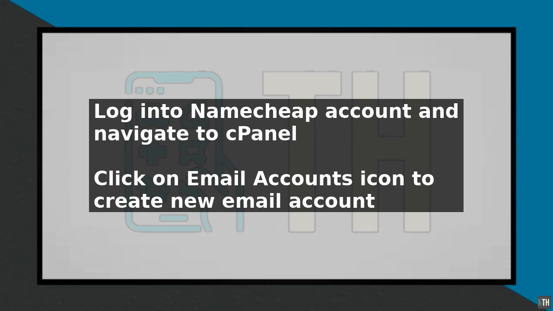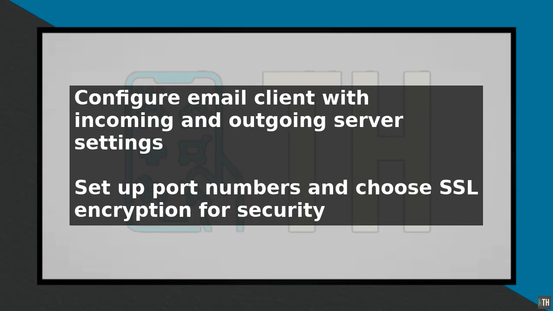After setting up your email account, you will need to configure your email client to connect to Namecheap's email servers. To do this, you will need to know the incoming and outgoing server settings. The incoming server settings for Namecheap are typically pop3.namecheap.com or imap.namecheap.com. And the outgoing server setting is typically